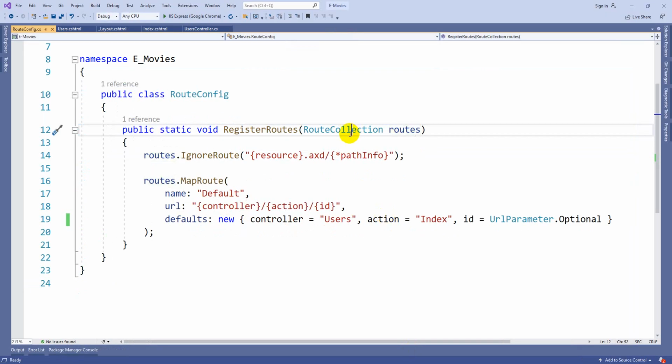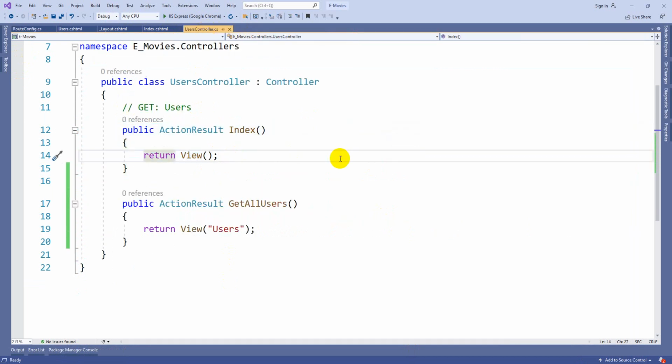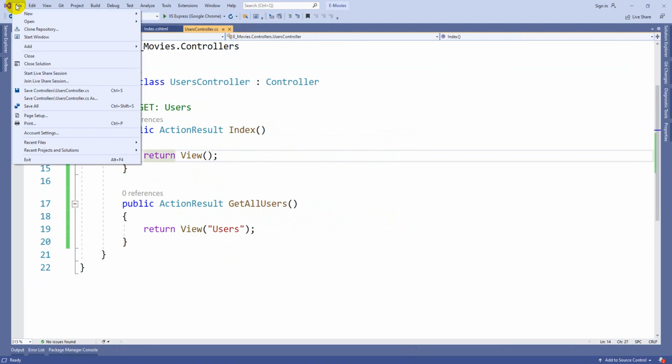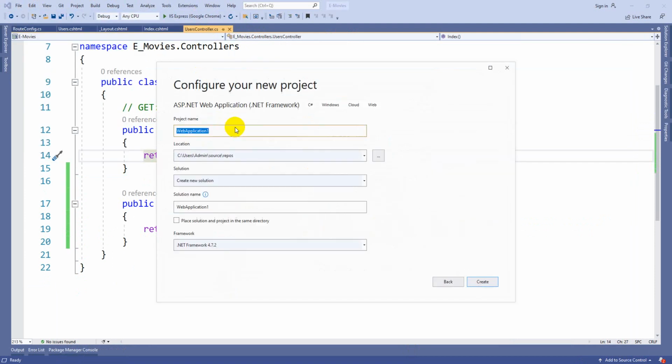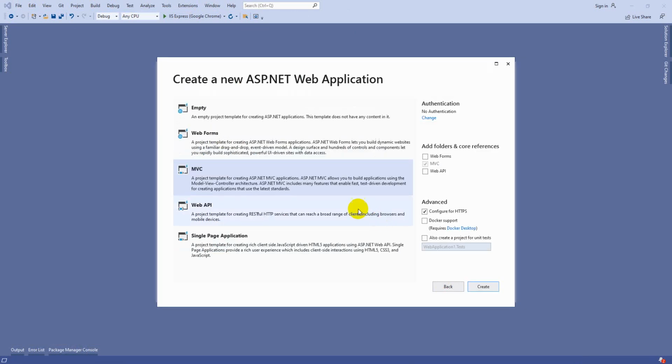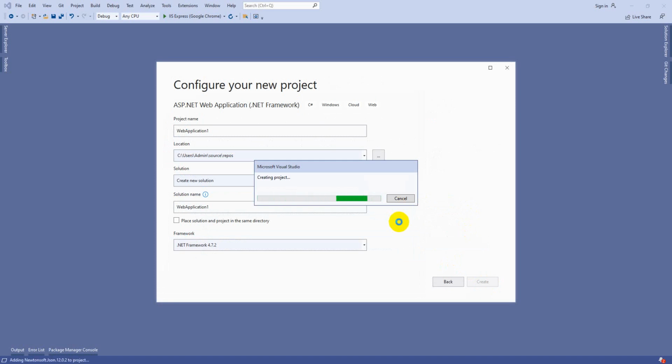So as we see, this is the configuration to set the default controller and all those. I'm creating a fresh project and I will demonstrate how to use a model and how to create a view from it. So, new project, ASP.NET MVC project. Let me take this. So guys, yesterday also it was giving an error, so just uncheck this option, configure for HTTPS, and select this MVC application. Then create the project.